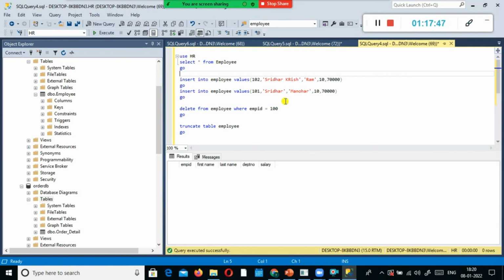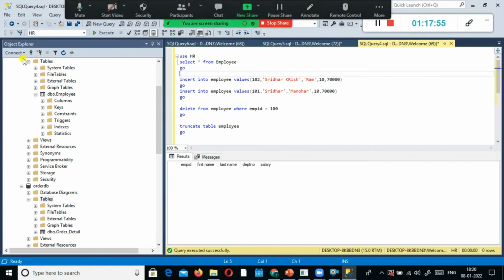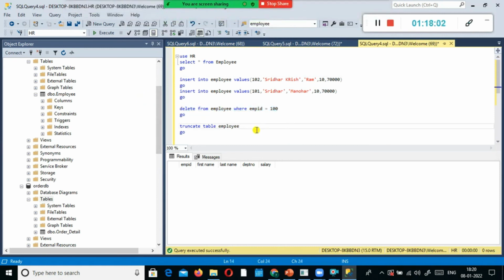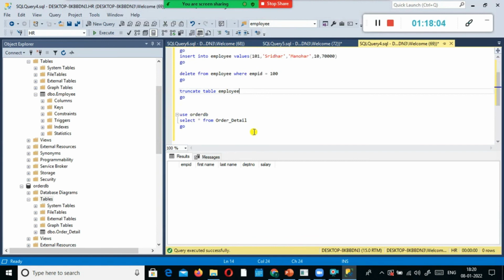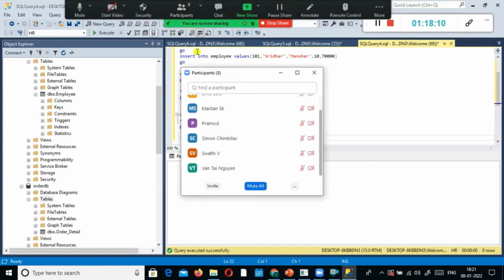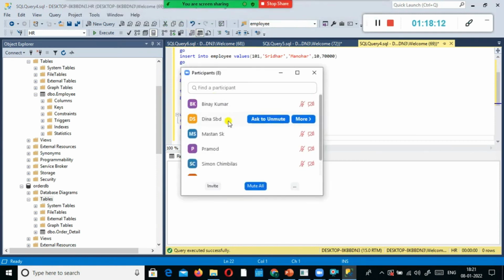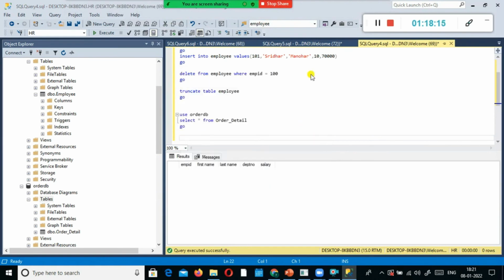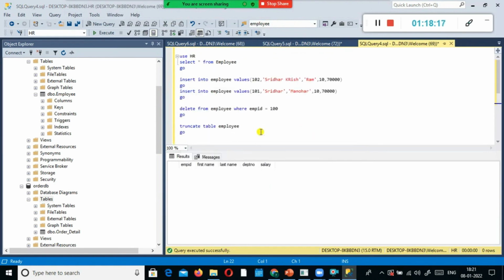But when you use the delete command, you can restore the records at a later point in time, something like a recycle bin. Don't worry, in tomorrow's session I'll give you some assignments. You can also start working along with me so that you will be more comfortable with SQL queries.